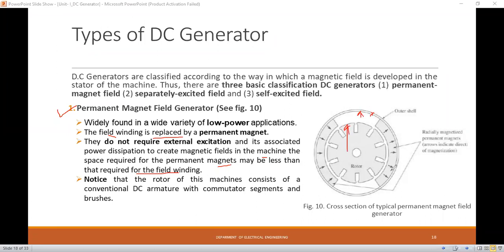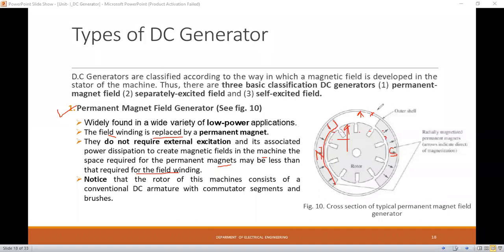On the inner periphery of the stator, stator च्या inner periphery ला, permanent magnets are attached. So this one is the permanent magnet having an N pole and S pole. So this is the N pole, and again here this is the S pole. Always flux lines pass from N pole to S pole. N pole कडून S pole कडे flux lines pass होतील. So this one is the rotor part.